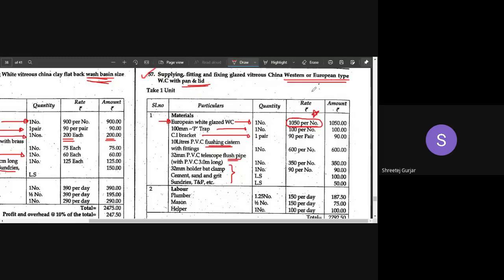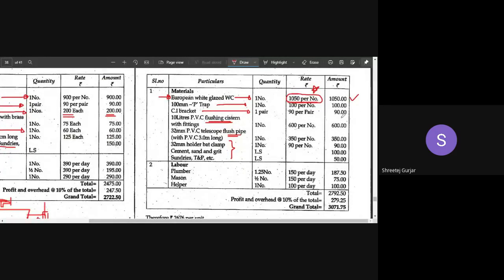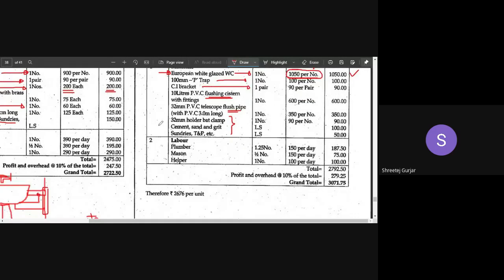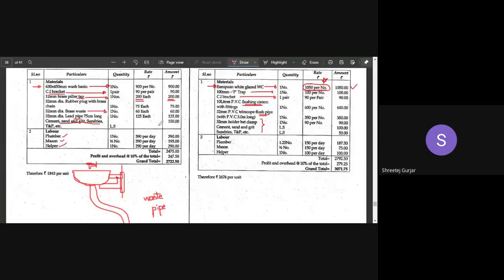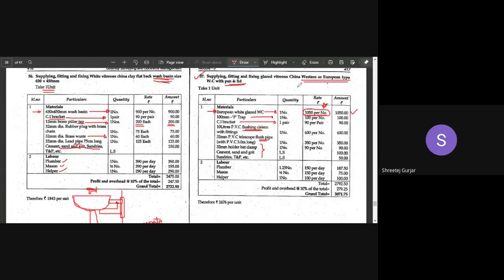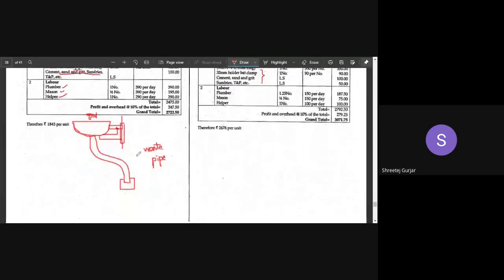It is very high. It is not around 1,000. It is going up to 4,000, 5,000, right? So these are very old rates. Make sure you do not use these old rates. Make sure you use the rates which are prevailing in your area. Okay, no problem. Similarly, you can calculate the remaining things, and we can make the rate analysis and write down the per unit rate of fixing one Western type of water closet. Okay, so this is regarding plumbing.